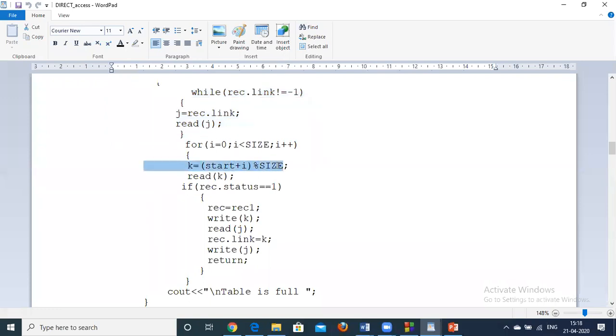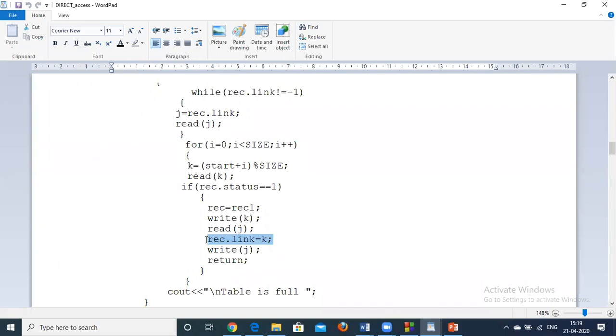Now k is equal to (start plus i) mod size, that is, we are going to each and every place and checking whether we are reaching the empty location or not. So if record.status is 1, then we will write the record at that position. At that k position we will write the record and we will link it to the jth record.